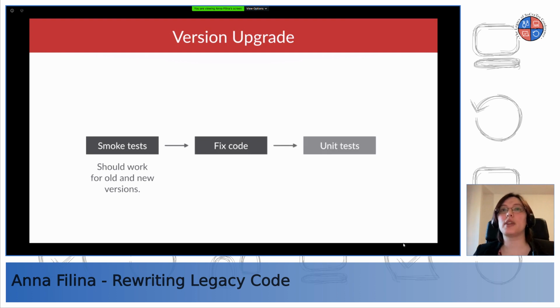Then you fix the code, and once you fix it, you can write unit tests, not for everything, of course. You write unit tests if you have new code, refactored code, or things that constantly fail in end-to-end tests at the end, which is how you would validate that the version upgrade has been successful. So yeah, I don't write unit tests for code that is inherently untestable.